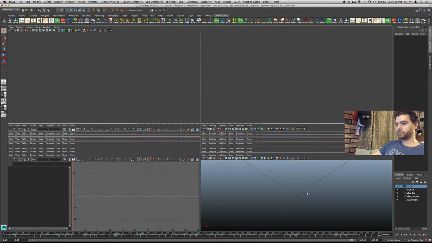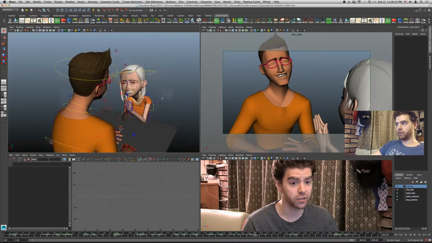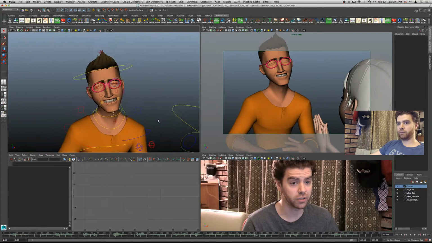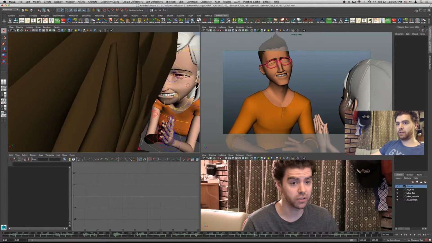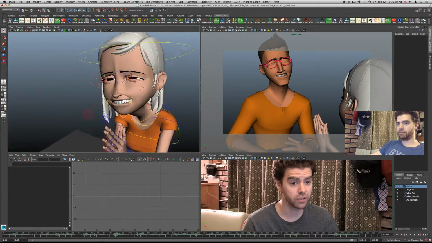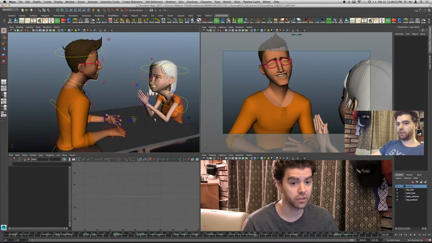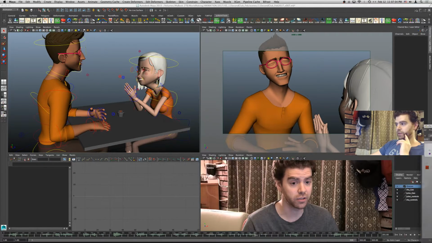Okay, so what I want to do here, this is my perspective window. You can see all of their controls here. A lot of controls for the face and mouth. These rigs are through Animation Mentor. I'm an alumni there, so I have access to their rigs. I think you can buy these through animationrigs.com, but you would need to check that out on your own. I can't confirm whether or not that's real. And I'm also using something called the GUI picker, which allows me to select all these joints and helps really speed up the process of animating.